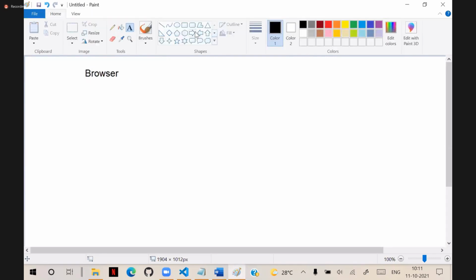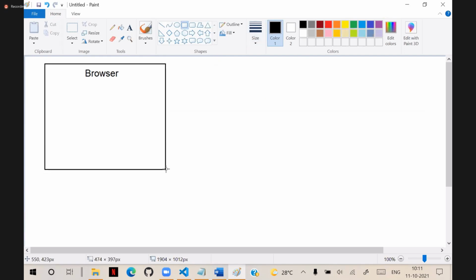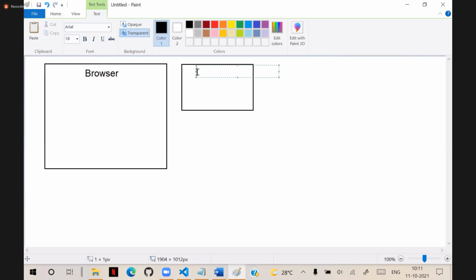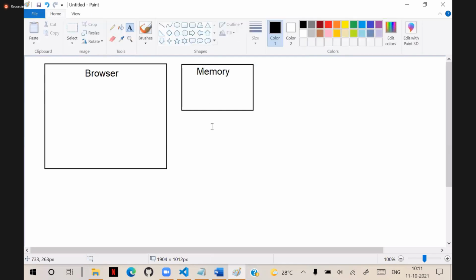Browser. Now generally, every browser, we saw that it has an engine, a parser and all. Every browser actually has its own memory. For every browser, some memory is allocated. And every browser has different abilities. For example, you will hear so many times